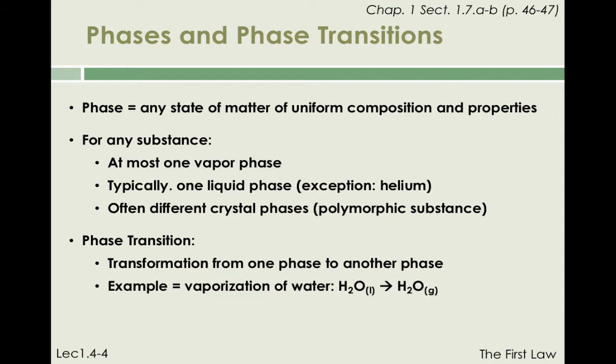A well-known example is the vaporization of water. That is the transformation of water liquid to water vapor, which we write using the same formalism as we routinely use for chemical reactions. We will always assume that such phase change can take place under constant temperature and constant pressure conditions. In our example, this implies that water in a liquid state at the beginning of the phase change is at the same temperature and pressure as water in the vapor state at the end of the phase change.